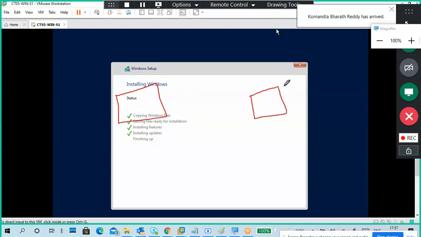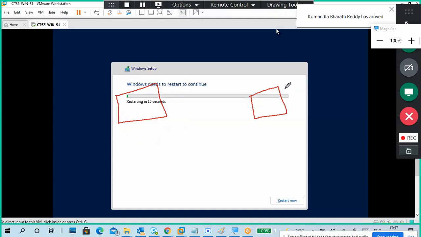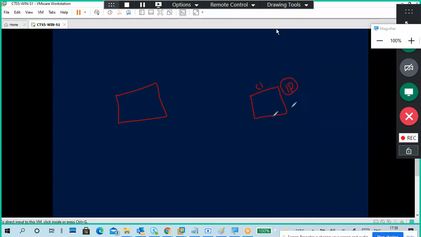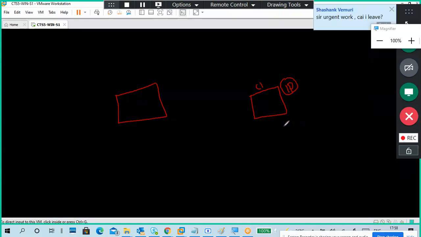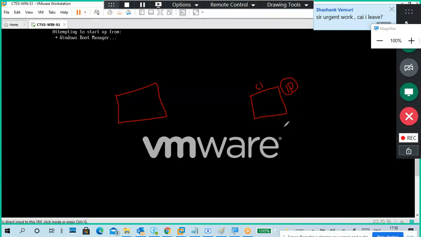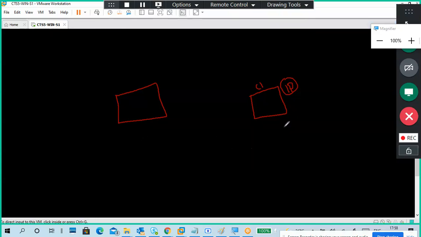Did you check your IP address? I'm not going definition-wise. Do you have an IP address on your client PC, meaning your PC? Yes. So how did you get the IP address? You didn't assign the IP address, right? Sir, in a virtual machine? Physical machine, normal machine, any machine, mobile phone, anything. With ipconfig you are checking the IP address, not assigning it. Do you assign an IP address?